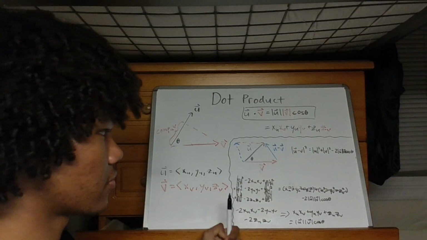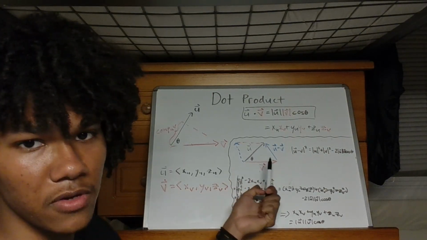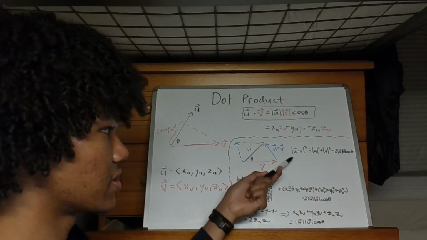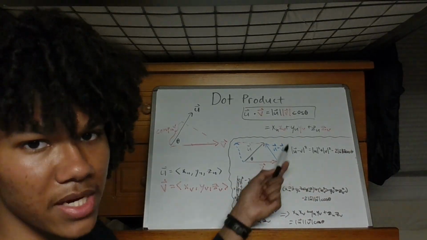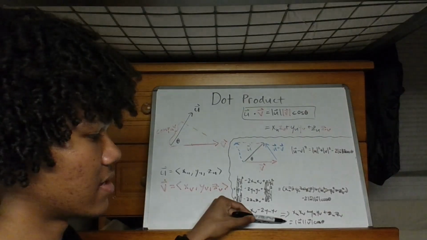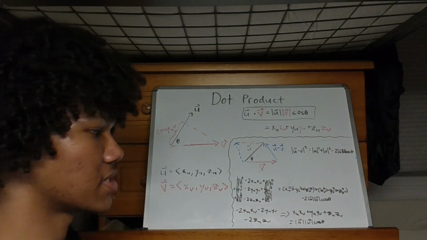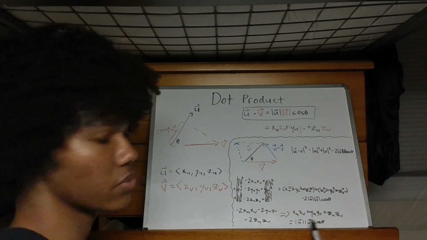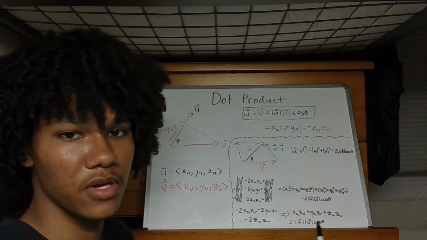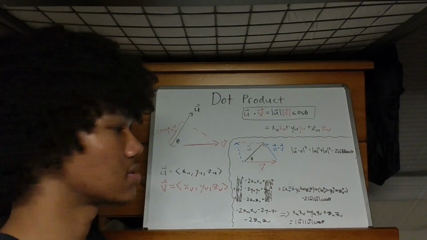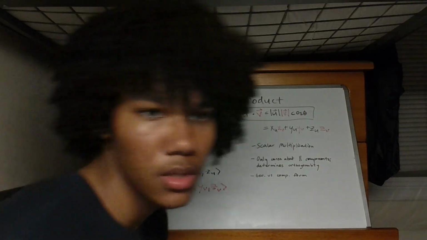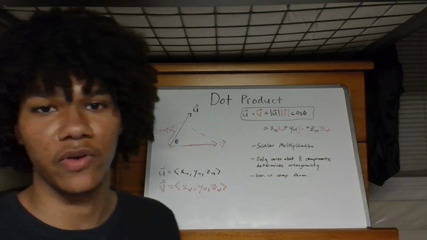Remember, first we started with the law of cosines using magnitudes of u and v. Given this statement that is true, we've arrived at a statement that has to be true, which is that the dot product is equal to the component form, is equal to the sum of the components multiplied of two vectors. So that was a lot of information, but I think the main things to take away from the dot product are: